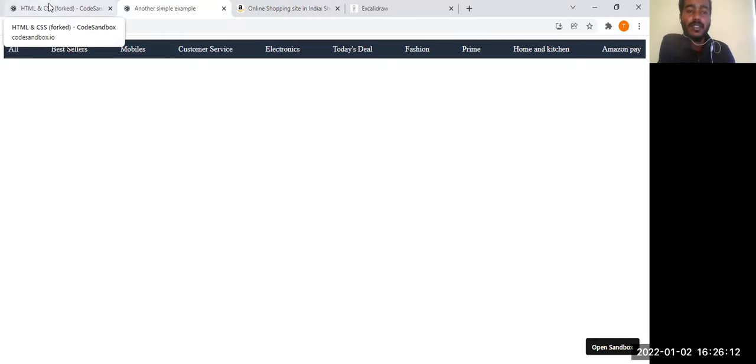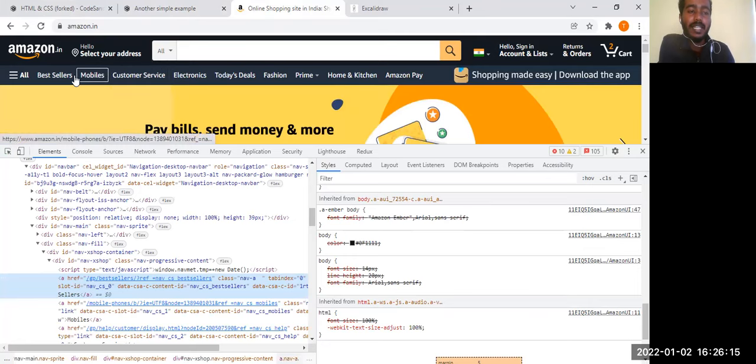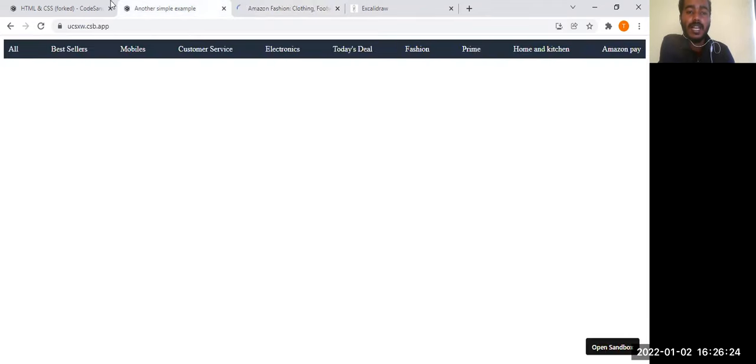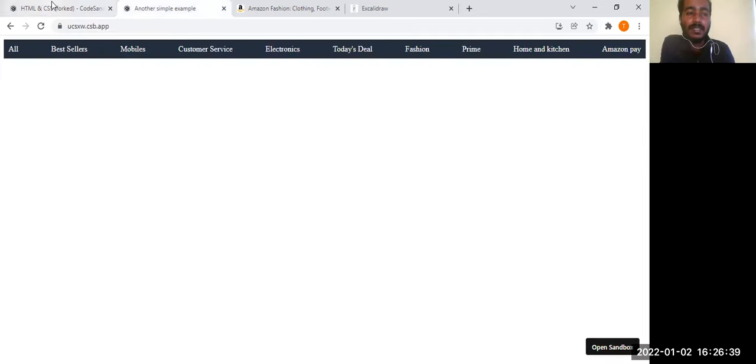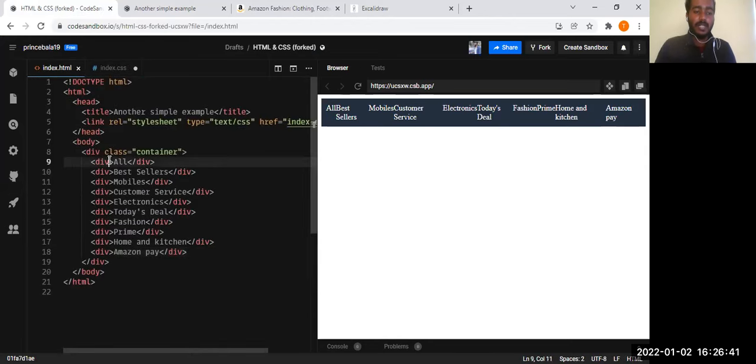So what is the next thing? If you notice here, on hover it gives some border. If you notice, it is giving some border with white color. So there is something called a pseudo class. Okay, so there is a concept called pseudo class in CSS. If you want to apply pseudo classes, it's very simple. You have to mention the class name. Here, these all are separate subclasses. So I'm just going to give a class to this, which is equal to list tab. No, I think list.